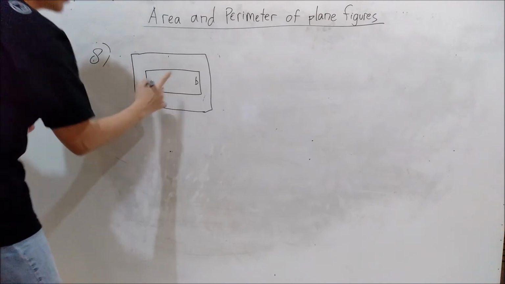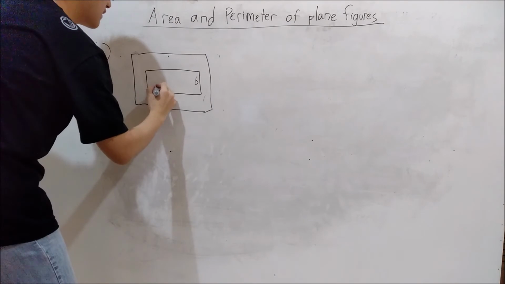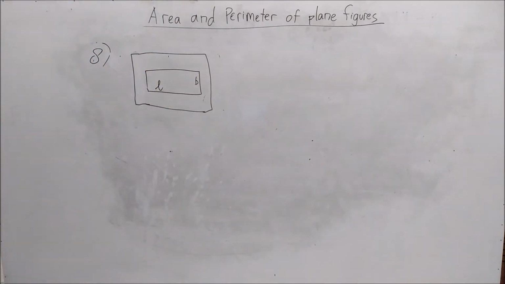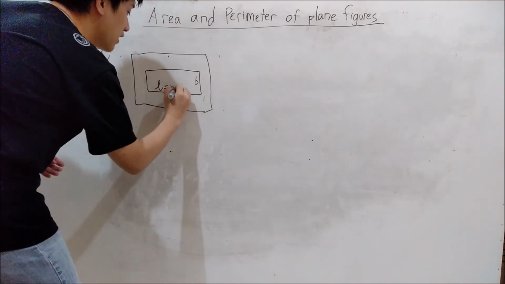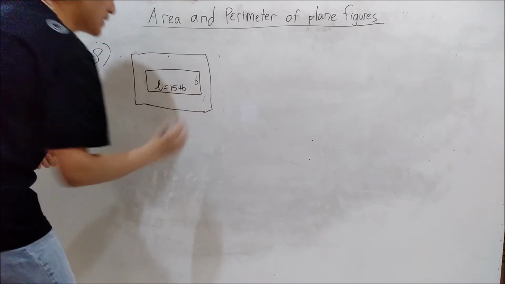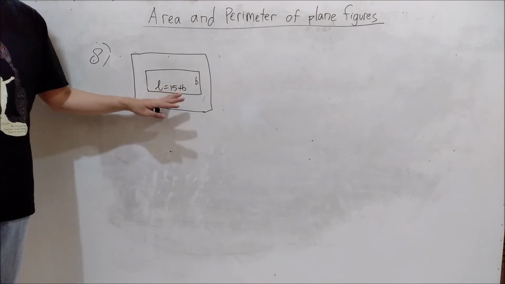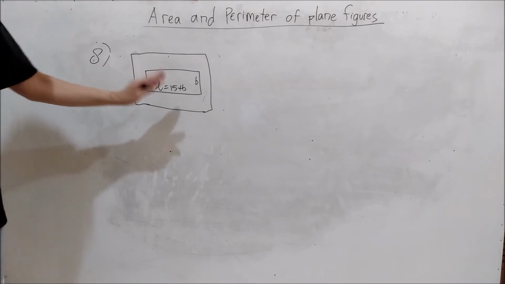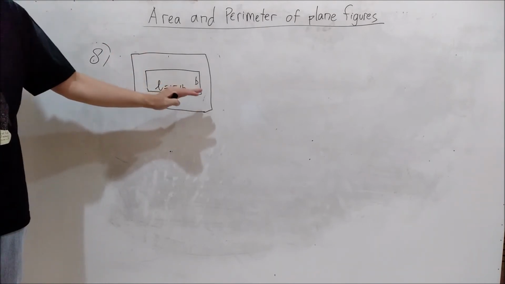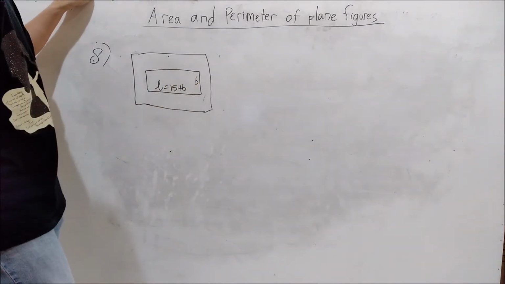We are talking about the field only, not about the path surrounding it. This is L, but the question tells us that the length is 15 meters longer than the breadth. So I can write L is 15 plus B. That's the length of the field itself. We do not see the path first. Now we need to find the length and the breadth of the field itself. We know that the perimeter is 70